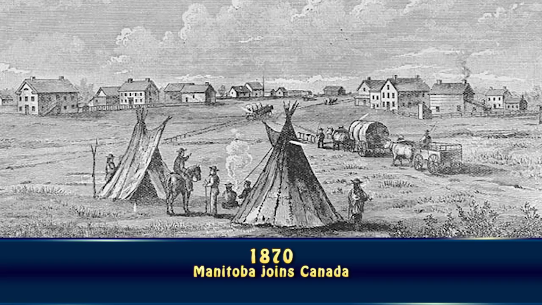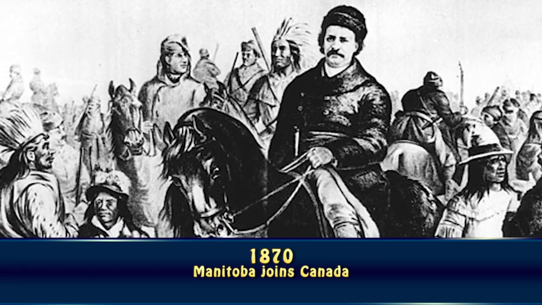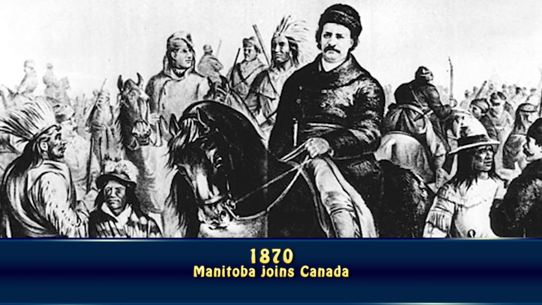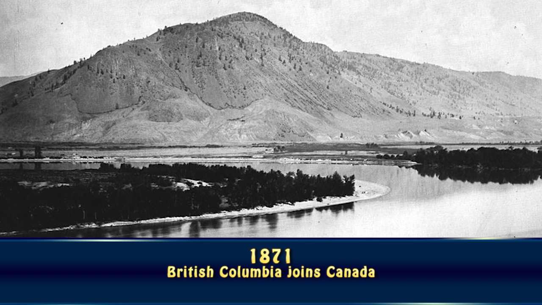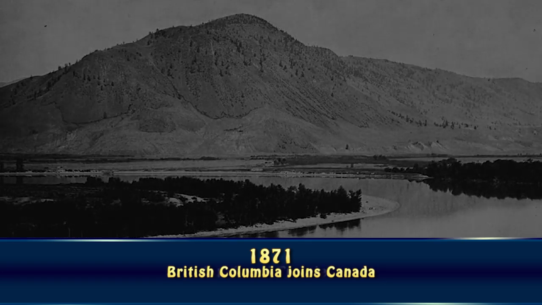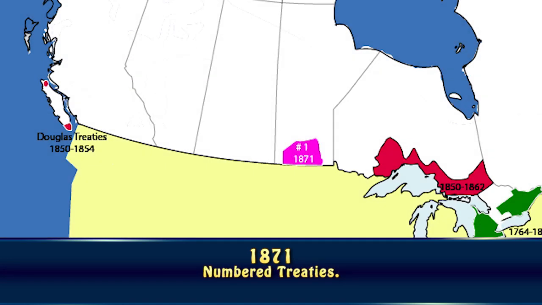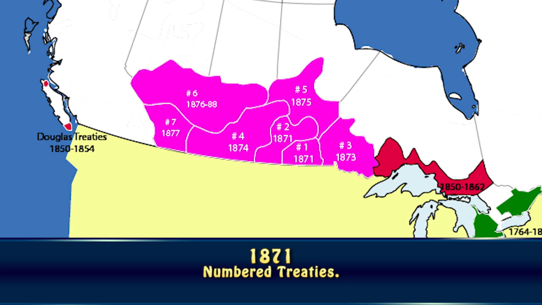Manitoba joins Canada in 1870. Louis Riel goes into exile in the United States. British Columbia joins Canada under altered conditions of Confederation. Between 1871 and 1876, treaties were signed across the prairies along the southern border, giving land access between British Columbia